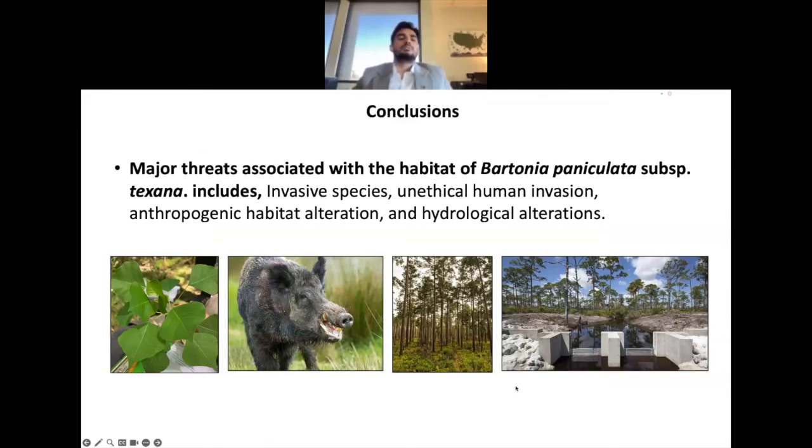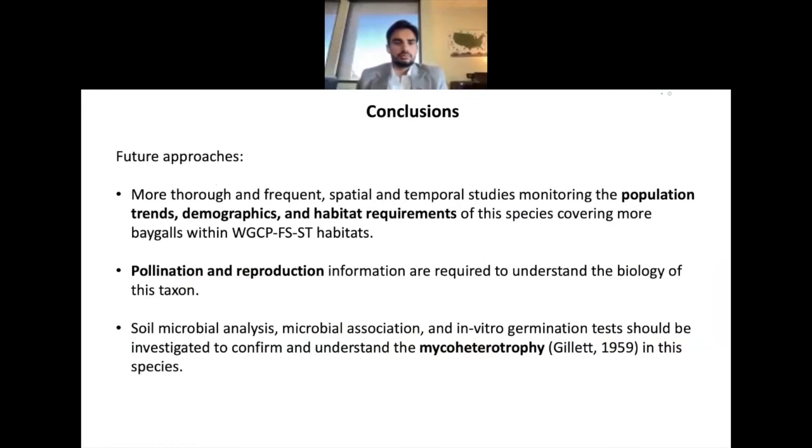And we found some major threats associated with the habitat, which include invasive species, either plants or animals, unethical human invasion, habitat alteration, and hydrological alterations. So what can we do in the future? The future approaches could be more thorough and frequent research, some spatial and temporal studies that monitor the population trends, demographics, and habitat requirements of the species, covering more baygalls